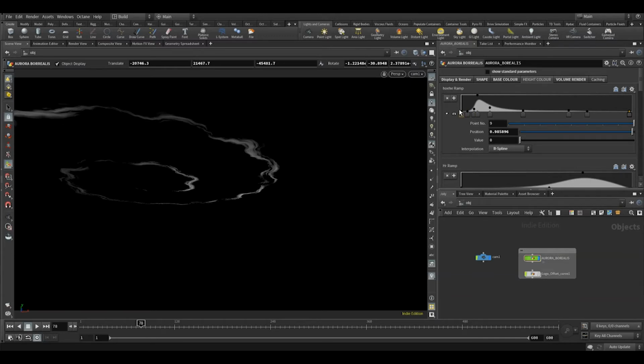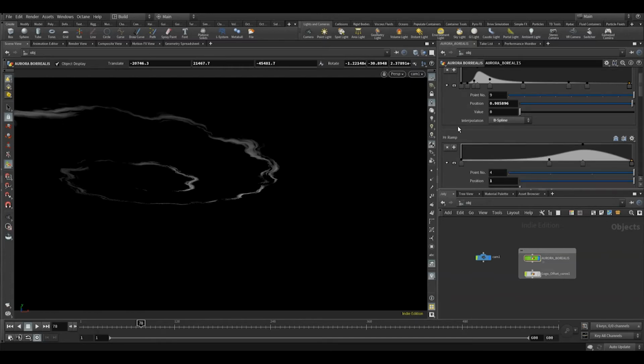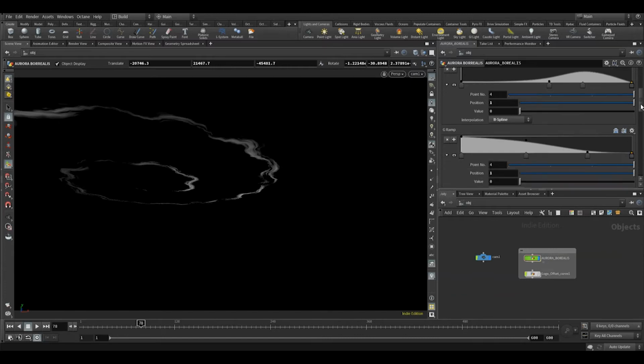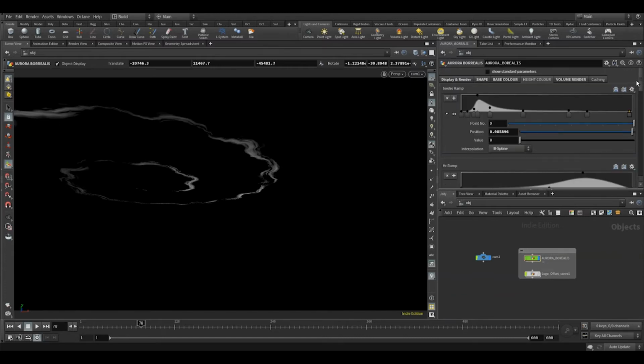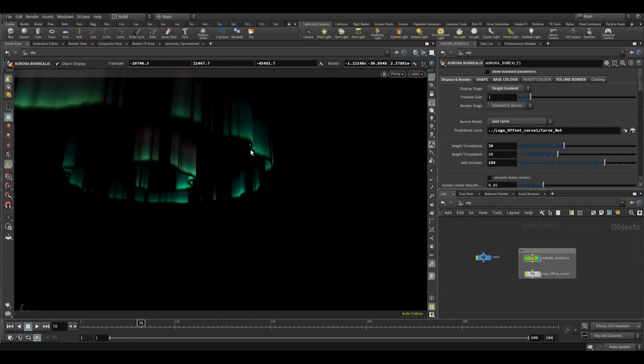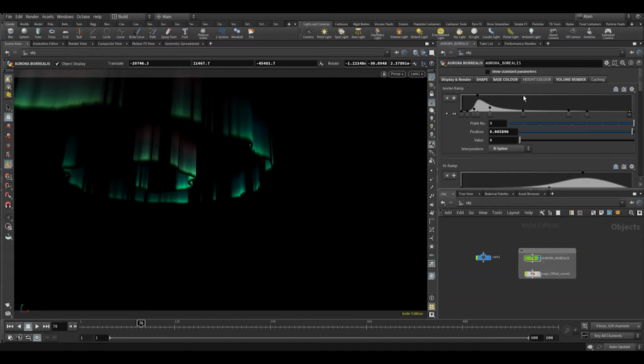I didn't use a color ramp because I want to be able to separate a couple of those values, which is what happens usually in nature. The red Aurora parts behave a little bit differently than the green and the blue ones, so that's what I wanted to mimic here. So you set the brightness first, and we can preview that with height gradient, which cuts out a middle section so it's faster. And then you can just